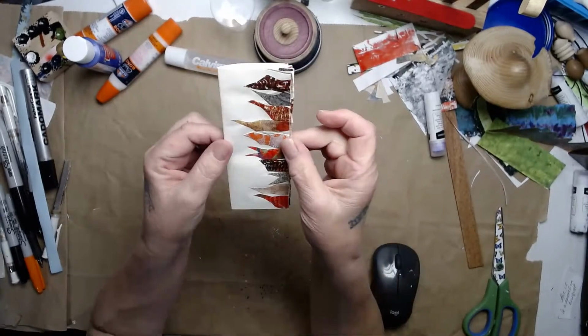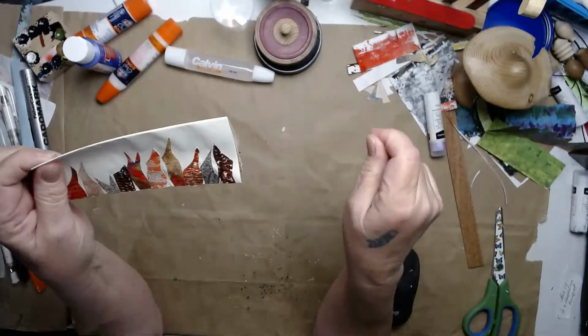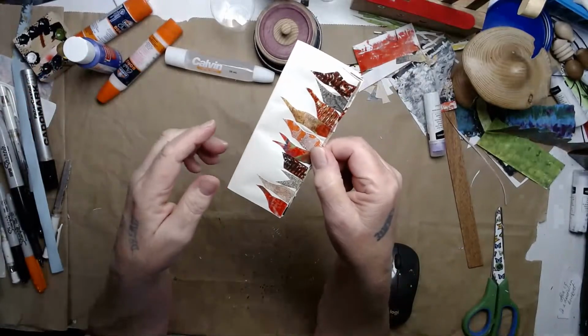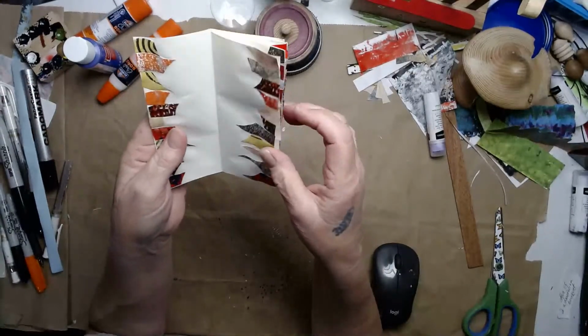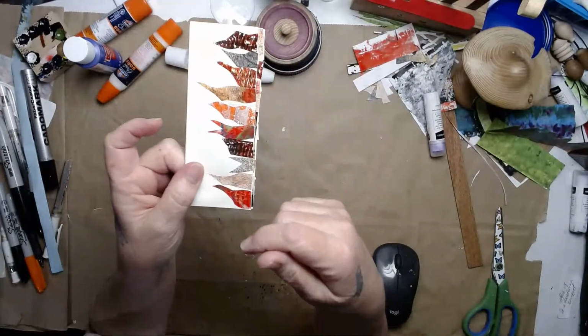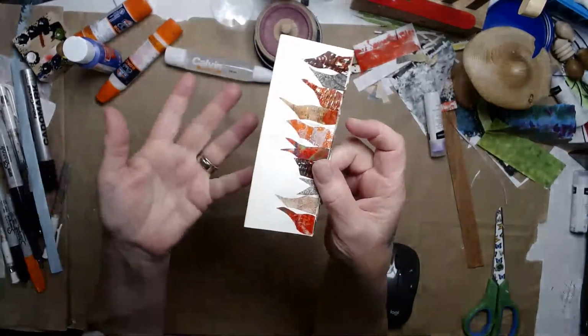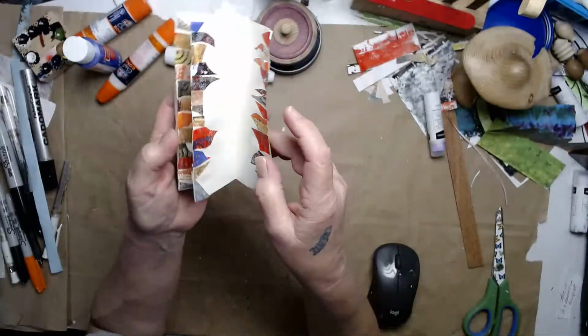The reason I don't is because sometimes if I'm in a zine swap, I like to unfold it. Hey, Anne, welcome. I like to unfold it and scan it so that I have a copy of my original. Or sometimes people just ask if I could scan the original and then they just put it together themselves. So